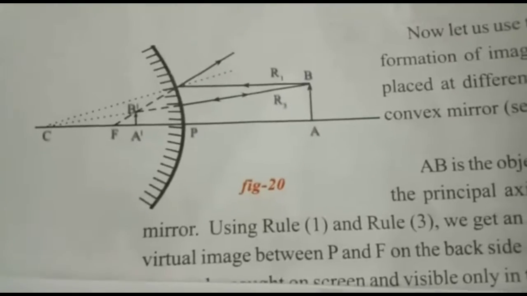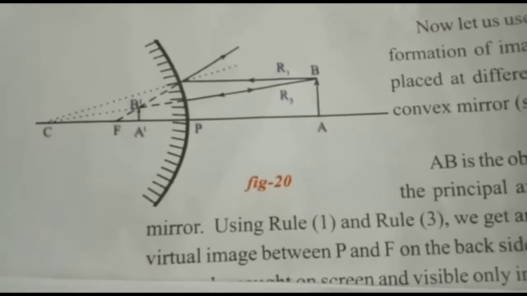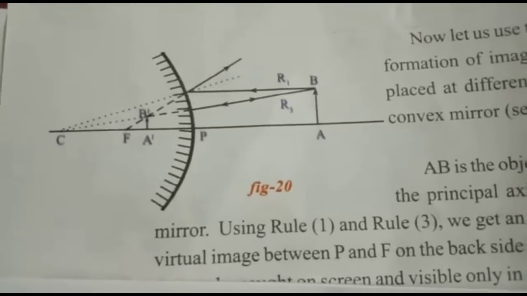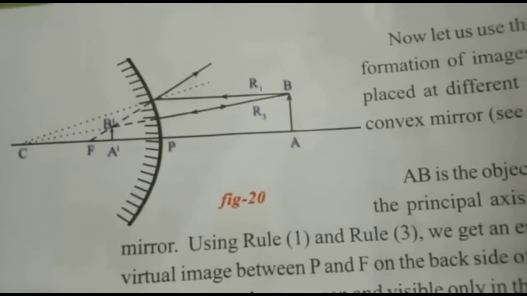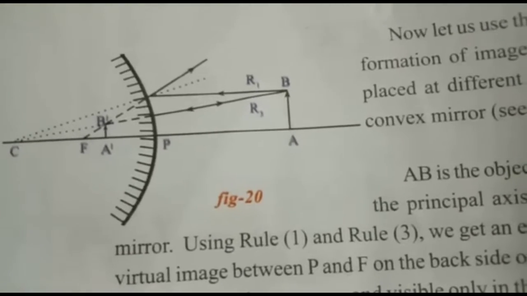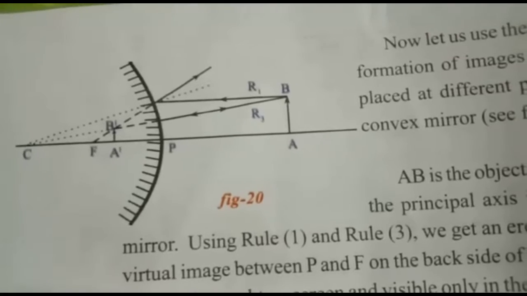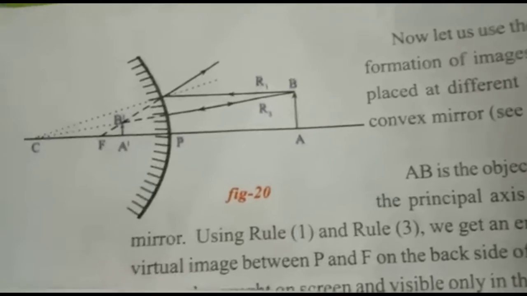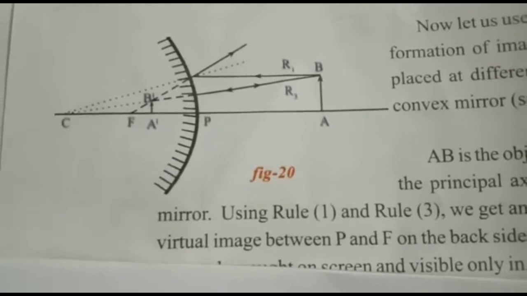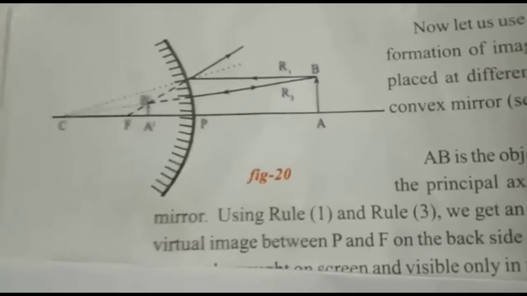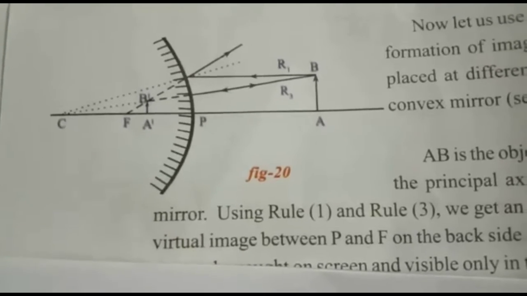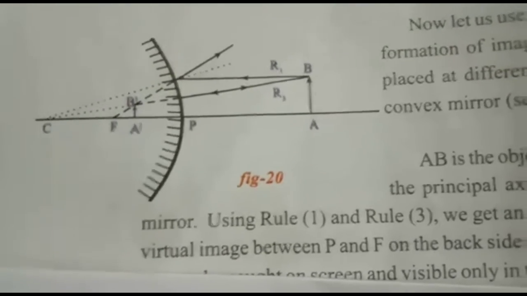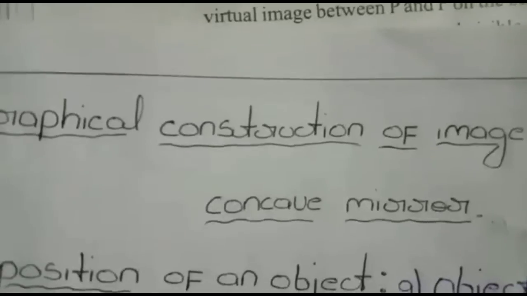Friends, in the previous class we discussed ray diagrams and the rules of ray diagrams. Now we are going to construct an image with a concave mirror, using any two rays from the four kinds of rays. Four kinds of rays means the four rules of ray diagrams we discussed in the previous class. From those rules we can take two. Okay, let's start the class.